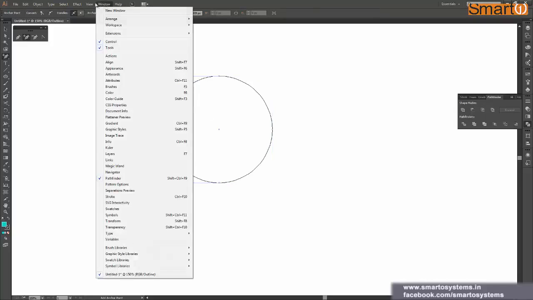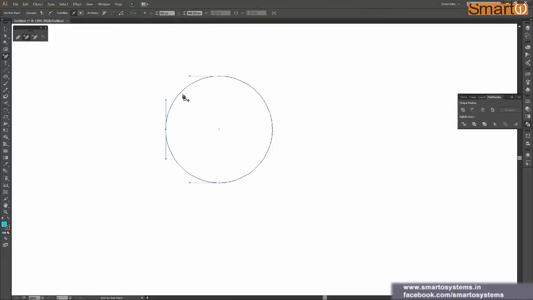So when you have your smart guides on, you can be near to that path, and when you click, sorry, I was very far over here. So if you click somewhere over here, Illustrator will automatically snap your point to the path, and it will be a little more convenient for you to add anchor points.